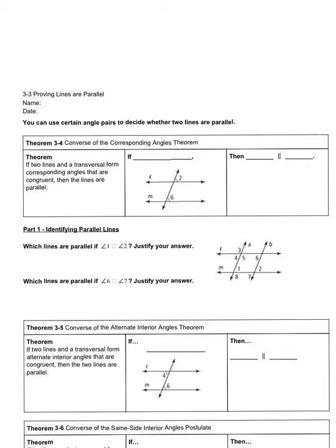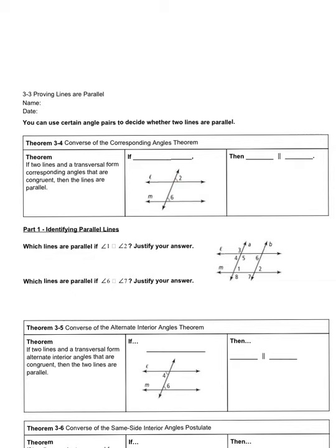Now, remember in 3.2, our lesson was about properties of parallel lines. When we're given two parallel lines, remember we learned about same side interior angles, alternate interior angles, alternate exterior angles, and corresponding angles. And this is when two lines are parallel. Well, today it's almost like we're working backwards. We have to prove that the angles are either supplementary or congruent to determine if the two lines are